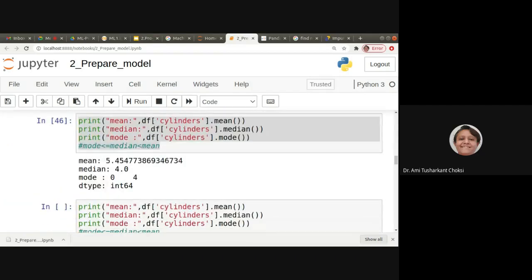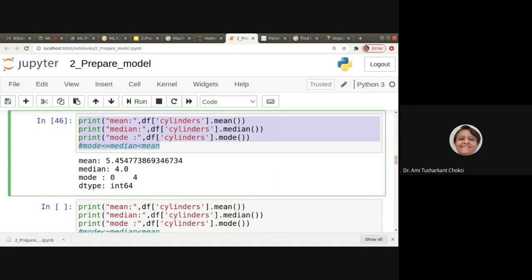Let me put it here instead of cylinders. Now I am giving it as horsepower. Fine. Here also we'll be doing the same thing. So this is horsepower, right? Now let us see the values. What it gives us is 104.46, then 93.5, and this is 150, right?